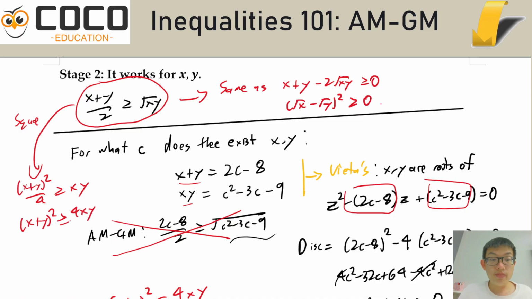So AM-GM only works for positives. But if you were to take powers of it, it can work for negatives as well, subject to enough conditions, of course. So in this case here, this is for xy positive, but this is for all reals xy. So you understand therefore that AM-GM actually does apply as well. It's just that you needed to use the squared version, not the square root version, because then that would not give you necessarily a defined quantity.